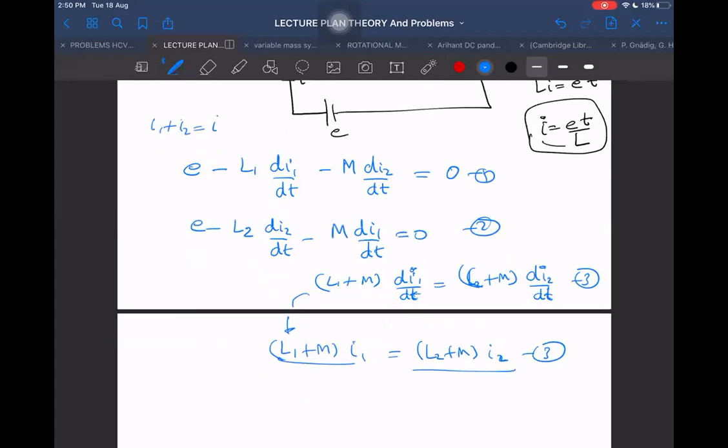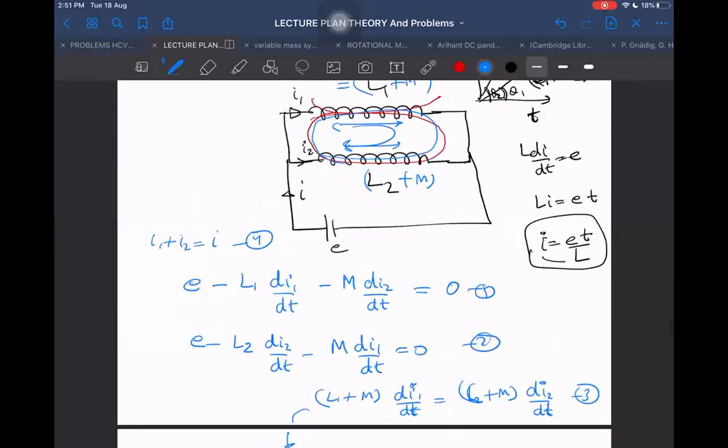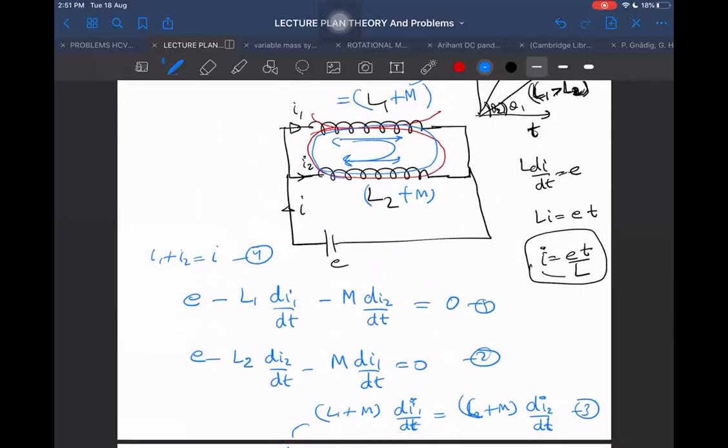So which equations do I need at last? I think the third equation and the fourth equation are enough or not? So there will be a minus, sir. Where? L1 minus M into di1 by dt is equal to? Are we getting a minus sign? Yes, sir, minus only. Wait a second. How? Yes, sir, minus only.